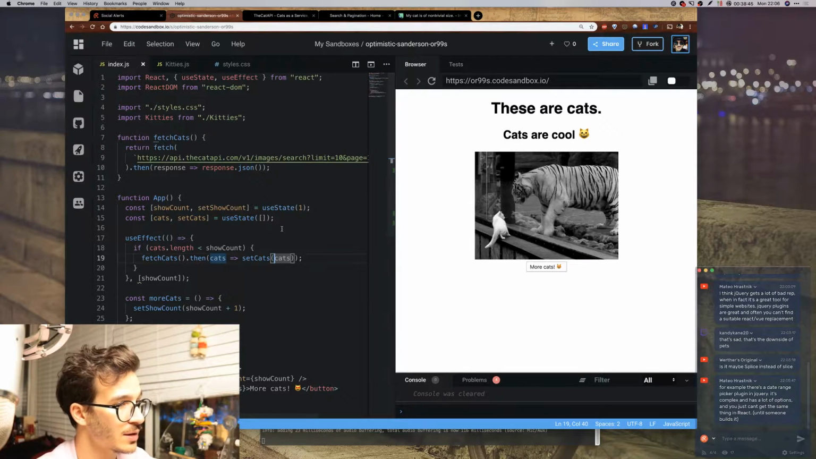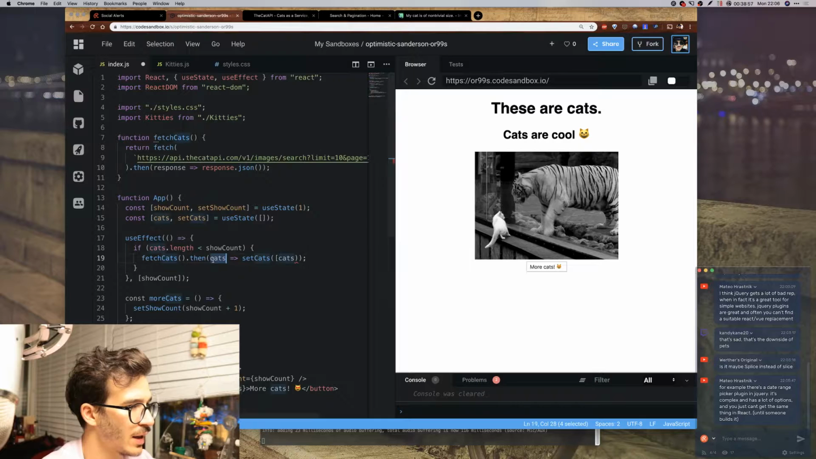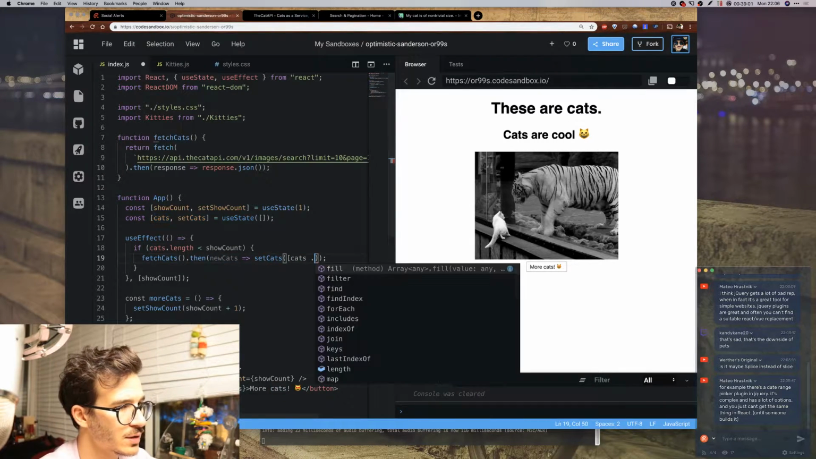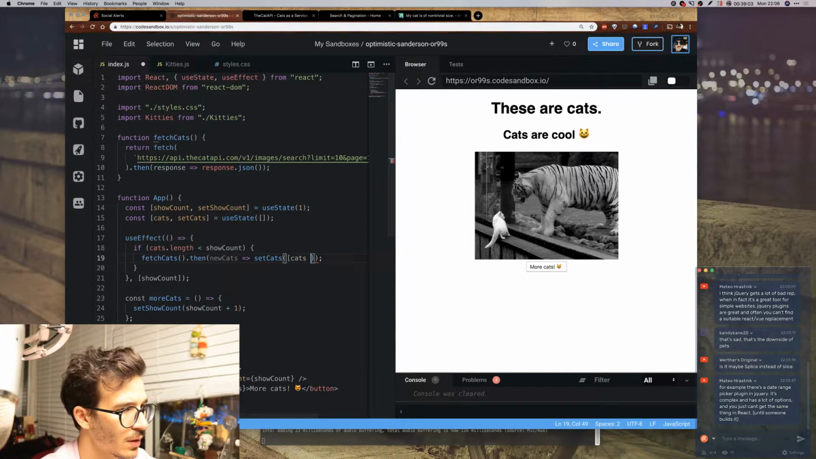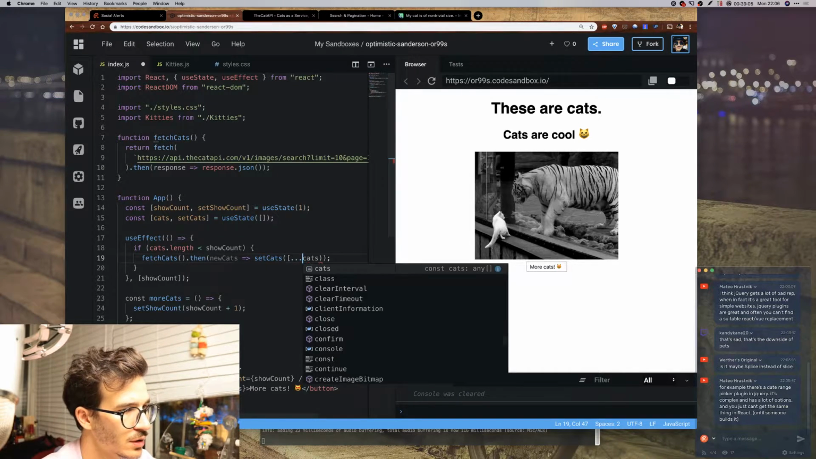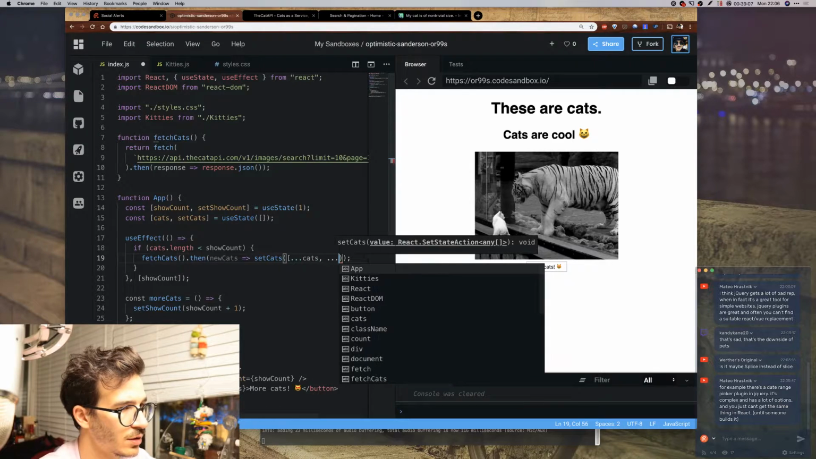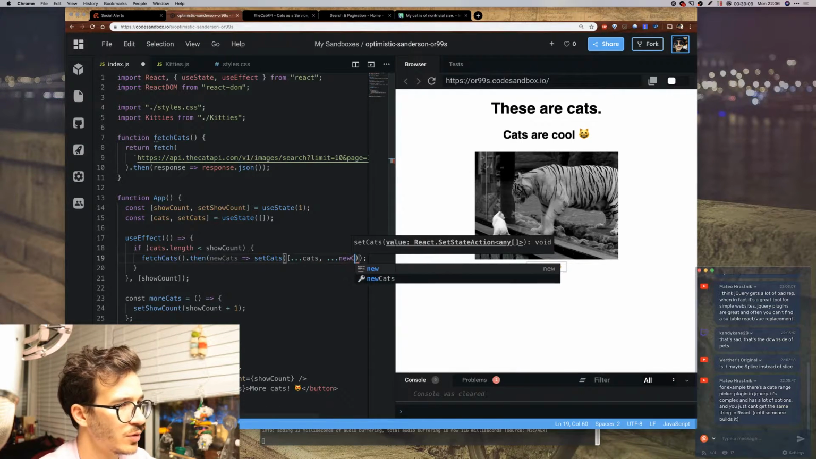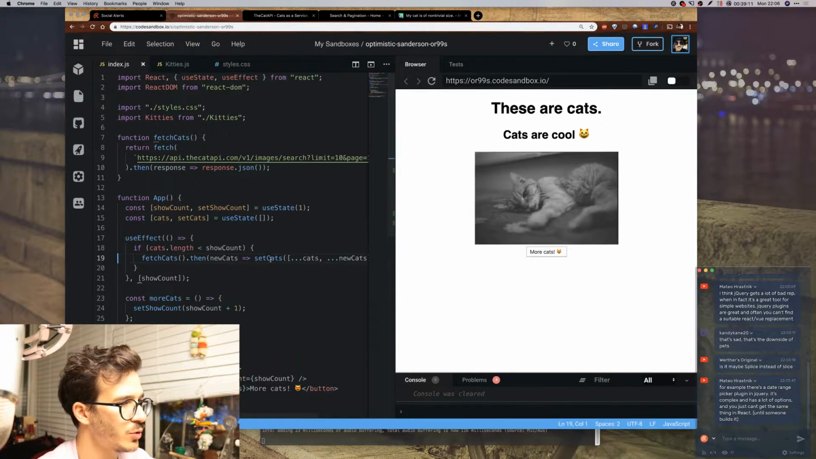So set cats is going to be, how do we join two arrays together in JavaScript? Oh, I know. We're going to say cats and new cats. So we're going to say dot dot dot cats and dot dot dot new cats. So now we should be able to keep